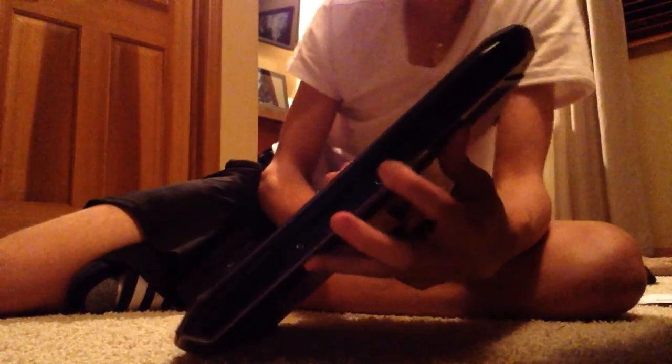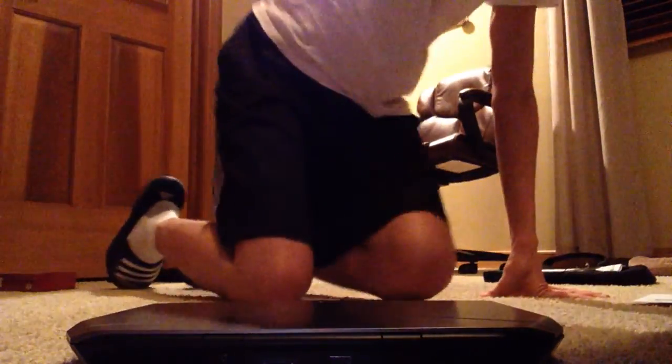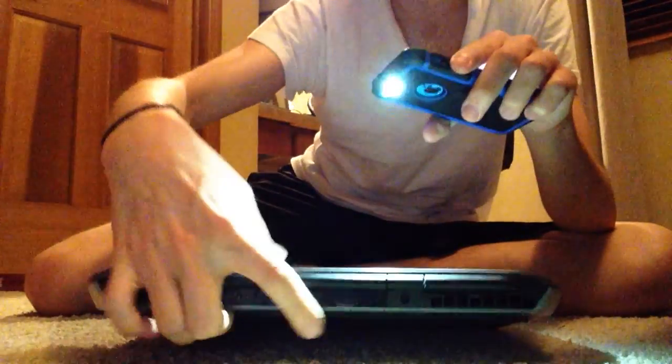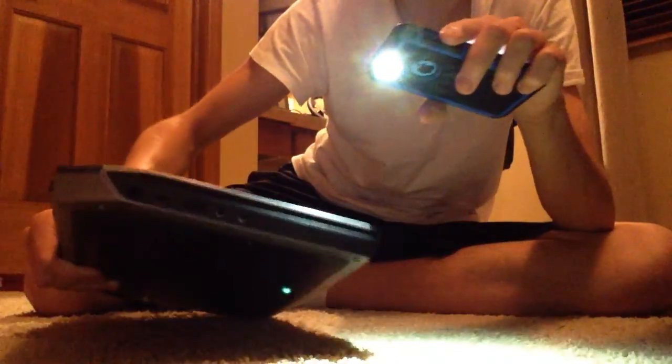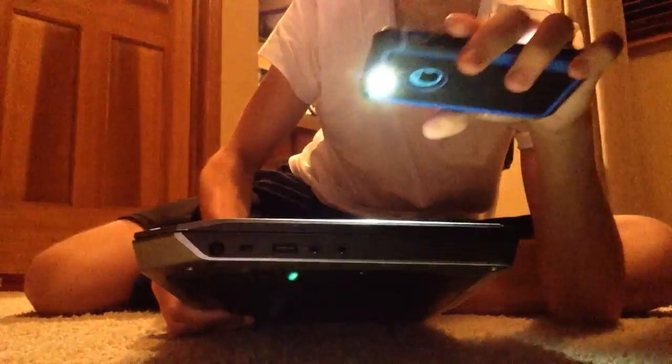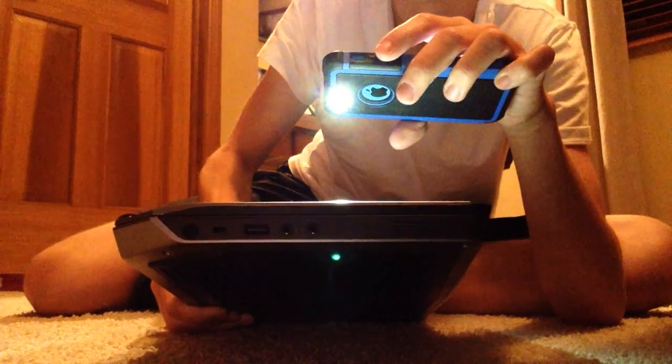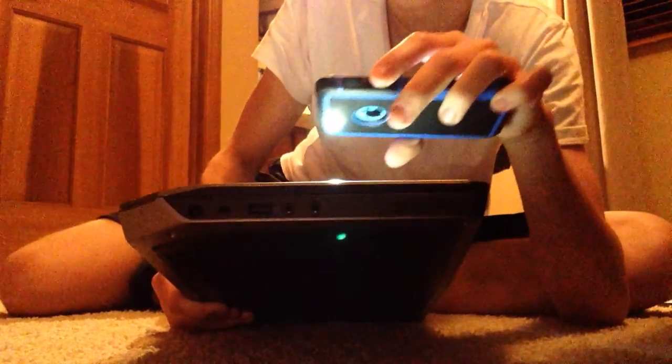This, you can't really see it that good. Sorry about the lighting. But, so there's a port back here. I'm actually gonna get this flashlight on my phone, because you can't really see it at all. So as you can see, there's a port in the back here, and another HDMI port. And on this side, to the left, you have the,